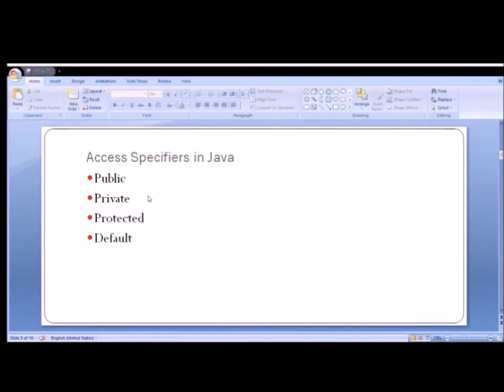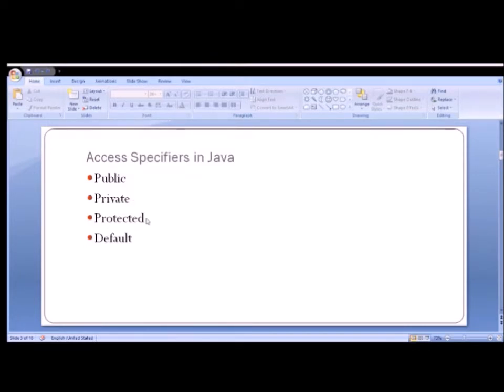Before a particular variable, if the public keyword is mentioned, the variable is going to be accessed by all classes, whether they are present within the package or outside the package, whether they are subclasses or non-subclasses. If a particular variable has the private keyword, then that variable is accessible only within a particular class.